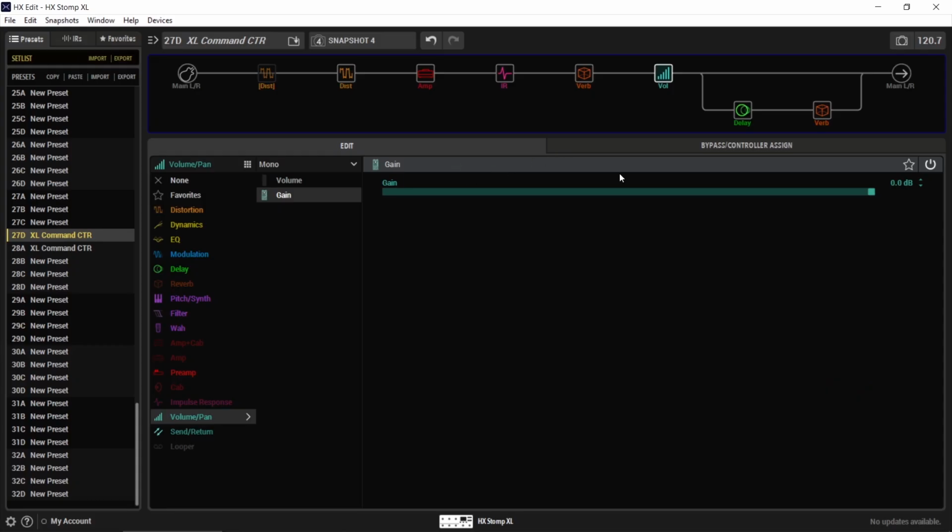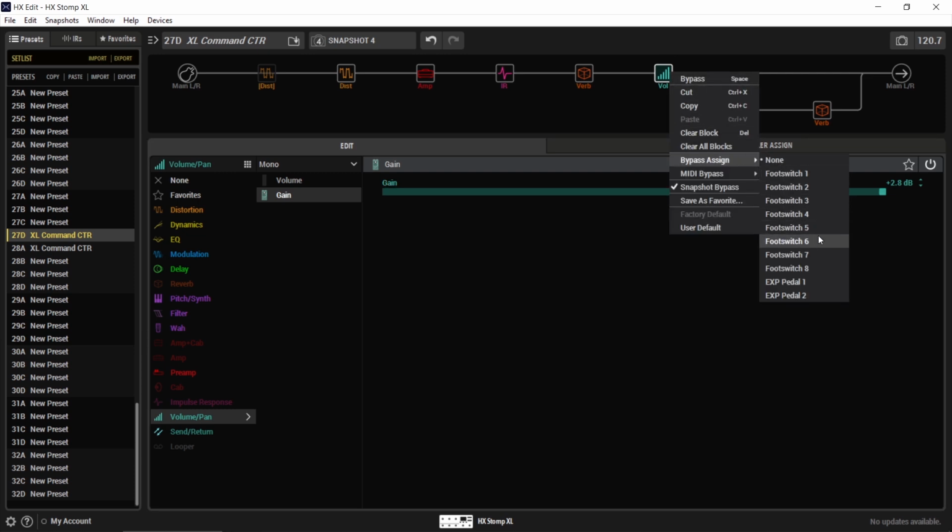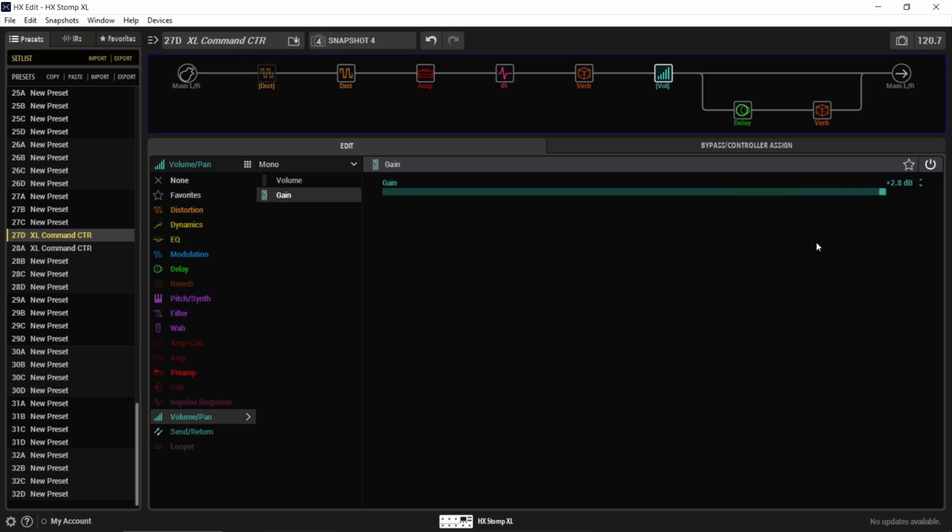So I am going to take this gain block. I'm going to make this, you know, plus 3 or so, 2.8, whatever. And I want to go to bypass assignment, and I'm going to make this foot switch 5. And now if you look at your board, you'll see foot switch 5 now controls the bypass state of this volume block, which is going to be a solo boost sound for this